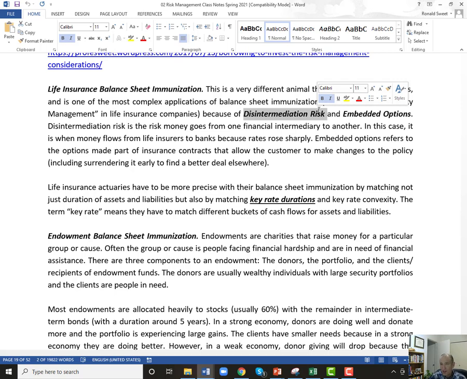So if you're an actuary thinking about the life insurance side, this to me is a really exciting area of the work in insurance. This balance sheet immunization for life insurance companies, or asset liability management. It's incredibly complex, very mathematical, involves a lot of advanced math, advanced knowledge of interest rate theory. You'd probably have to take some classes on interest rate theory, and it includes a lot of modeling, a lot of programming.